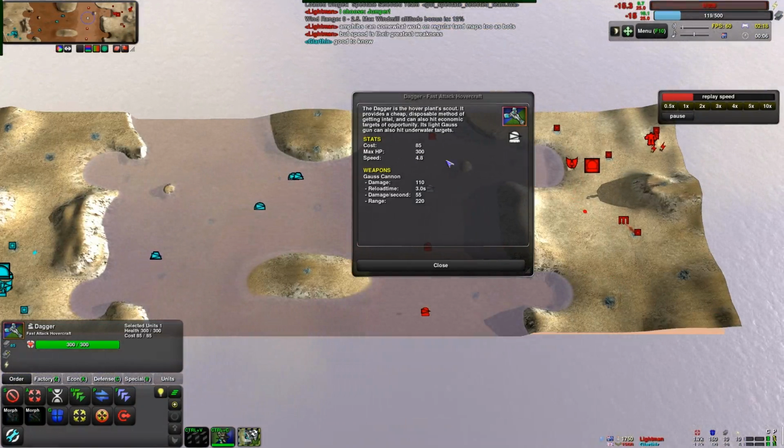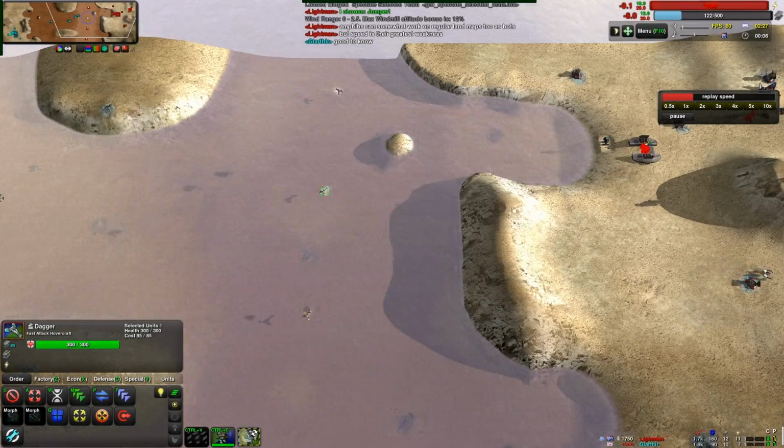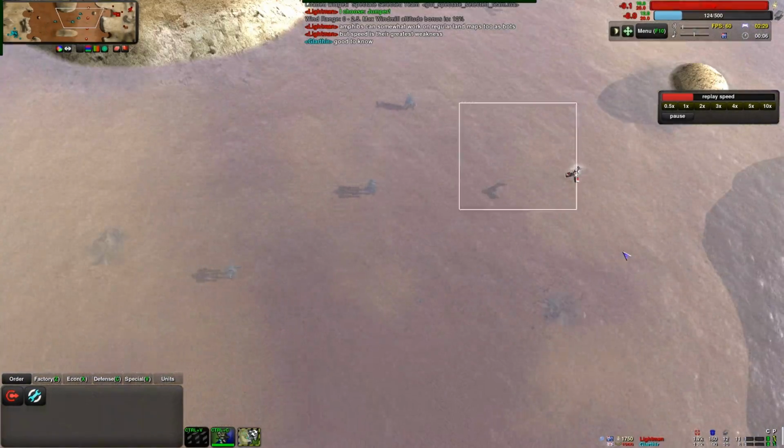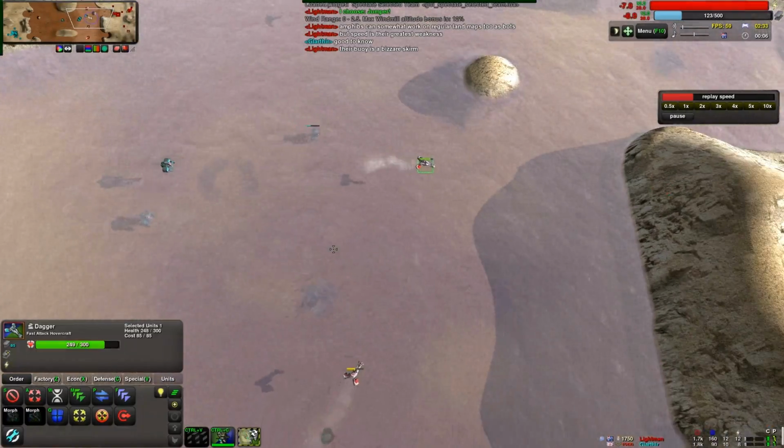I think Bandit might be 80 metal. In any case, much greater speed. HP, really pretty good HP as well for a Raider unit. And the Gauss Cannon is not too bad either, and it can target underwater units. In short, these things are a massive pain in the ass to go up against when they're massed, but thankfully though,